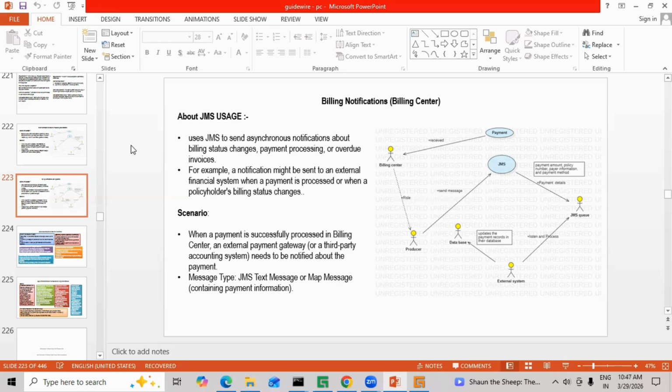For example, given a scenario where we are performing notifications. Notifications might be sent to the external financial system, because we have financial systems which we have to integrate with, so that we can send notifications, etc. So when any kind of payment processing is done, at the same time,